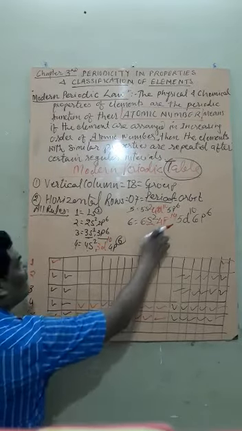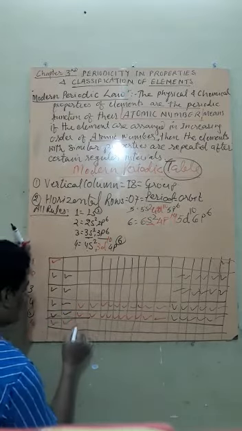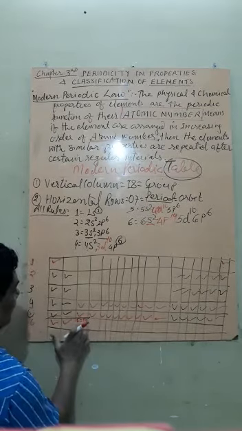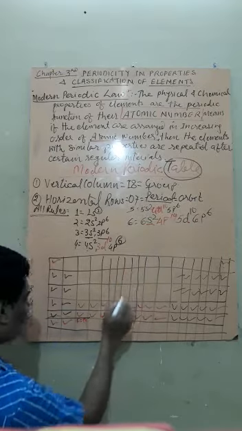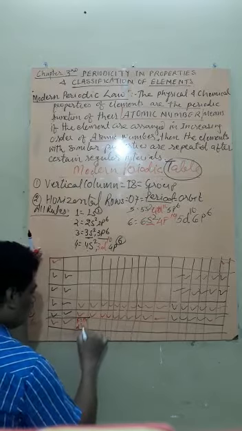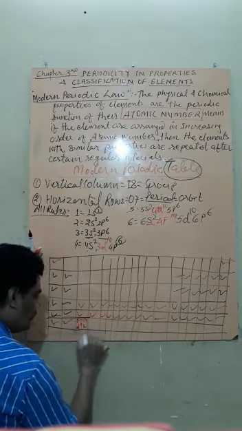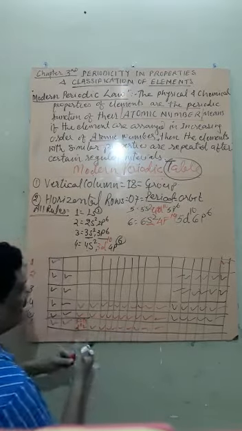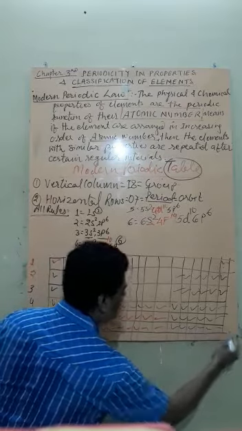But now 14 electrons should be in f, but there is no place for f. So the 14 will be placed here along with 5d10. The first element will be there. So there will be d first. So that will become 14 plus d first, second, third, fourth, fifth, sixth, seventh, eighth, ninth and 10. And now there will be 6p, 1, 2, 3, 4, 5 and 6.